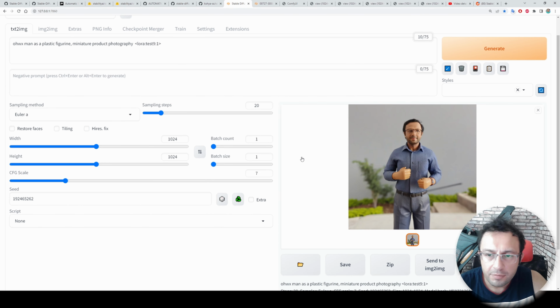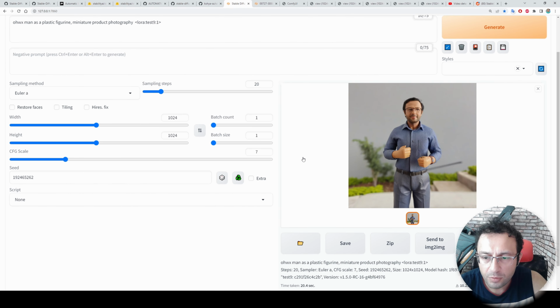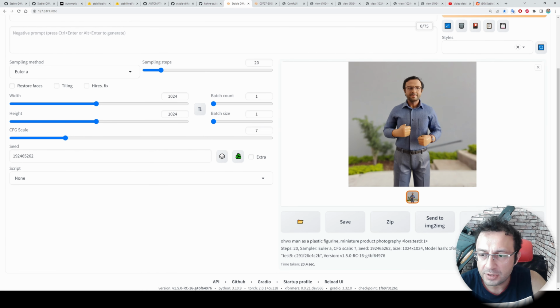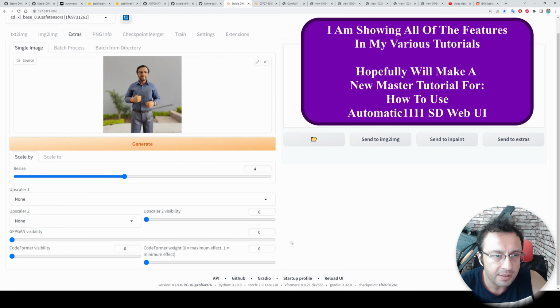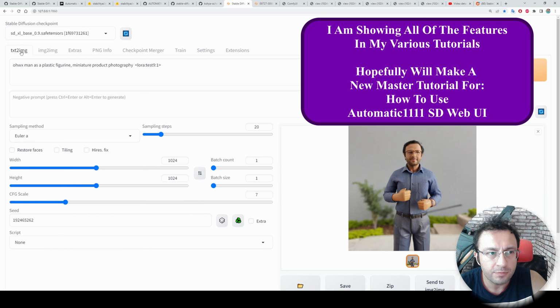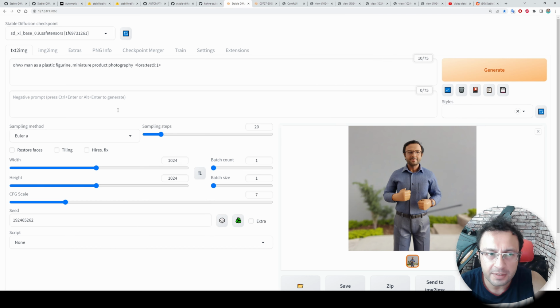It is amazing. With Automatic 1111 Web UI, you have all of the amazing features when compared to Comfy UI. They are much harder to use in Comfy UI. You can use image to image, you can use inpaint, you can do high resolution fix, you can send to extras and do upscaling. All of the favorite features we have with Automatic 1111 Web UI are now working with SDXL. However, ControlNet is still not available. I think it will become available very soon after the official 1.0 version release of SDXL.